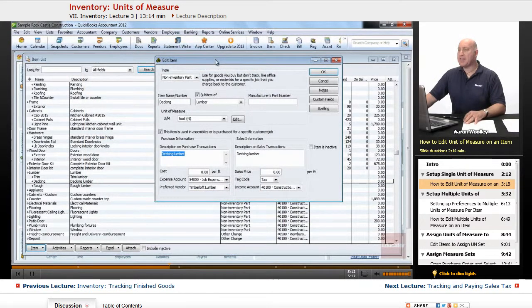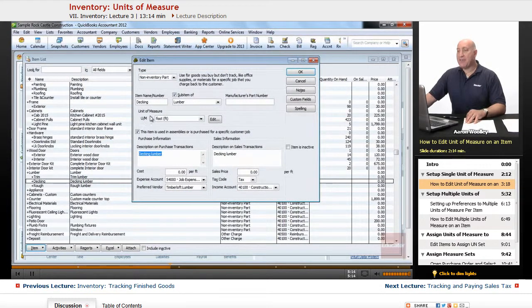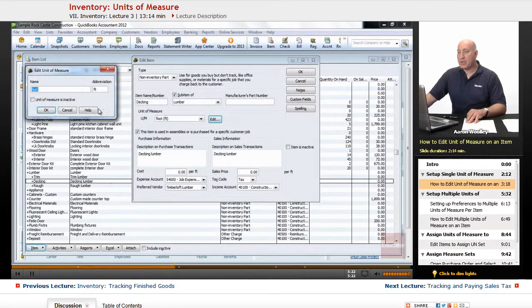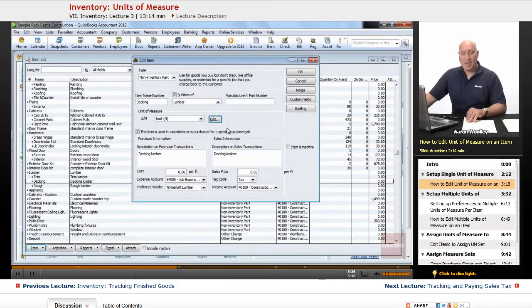It's going to bring us back to the item. Now we have a unit of measure. UM for unit of measure is by foot. We can edit that if we like and go back and say, well, I want to change it and do something else to it. We're going to keep it as foot. Okay? Now that we